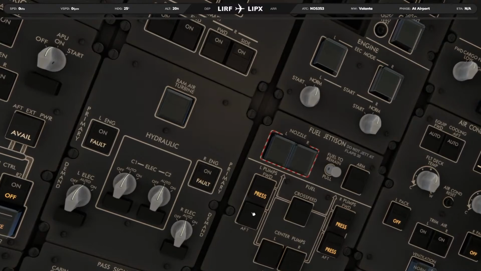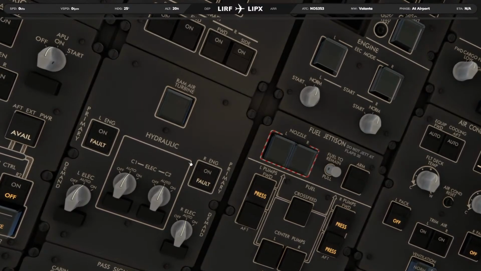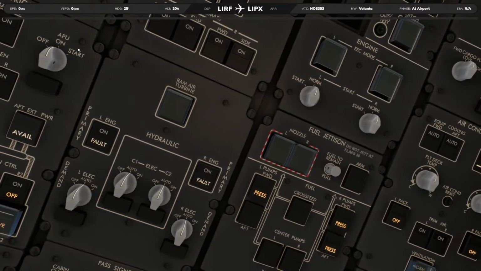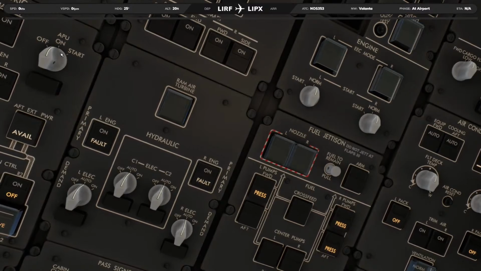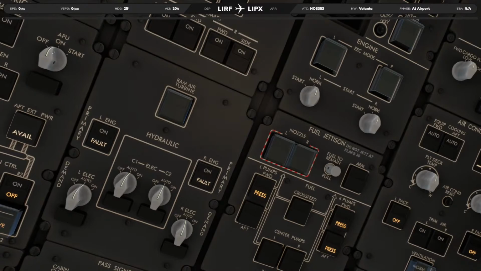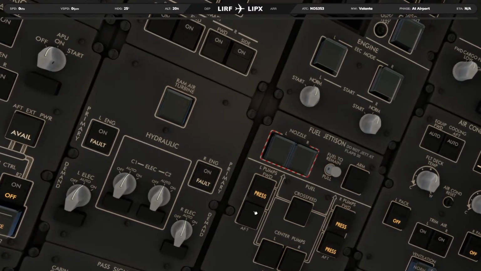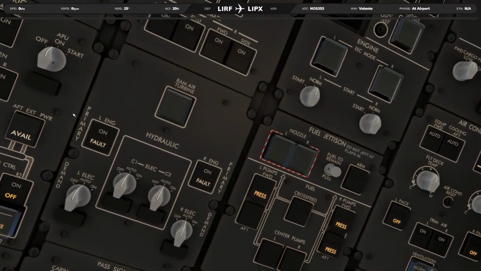Since the 737-300, you turn this on for the APU, as without it you're going to strain the APU pump, and it will reduce the longevity of the APU pump. So that helps with the APU, so to speak.